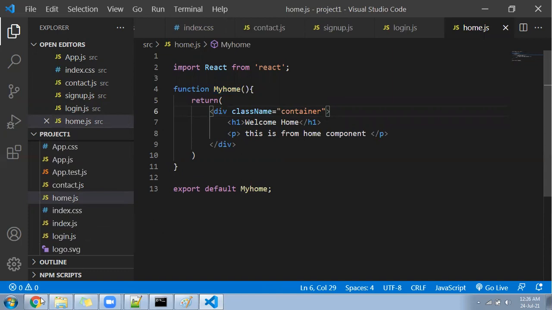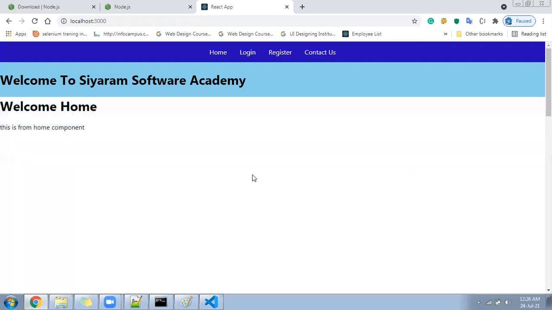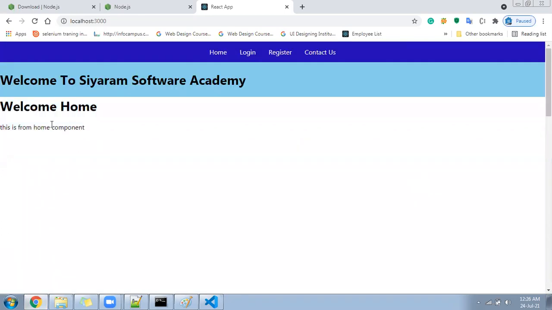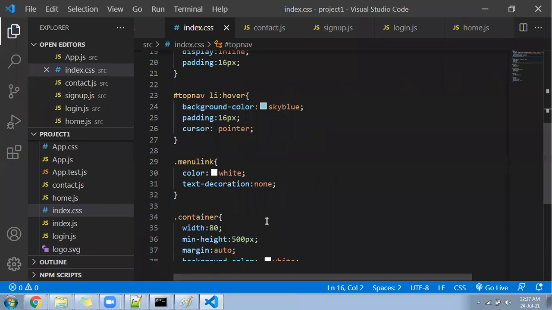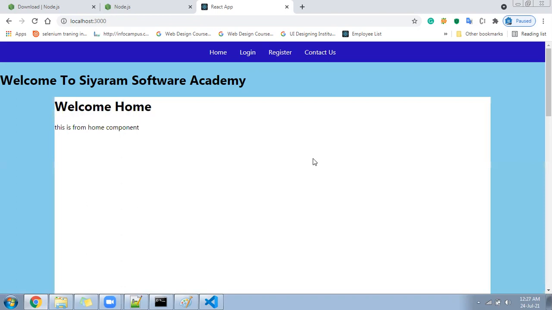If I run my page, see it is coming everywhere. Background white, white, white, all the places. But the question is at a time this all is not going to load. Anyone will come. Okay, one more minor mistake in CSS. Let me see. The width is not working. The width property was supposed to be 80%. That you can change. See here, all are coming in the center.